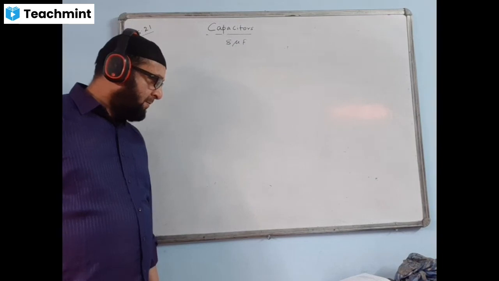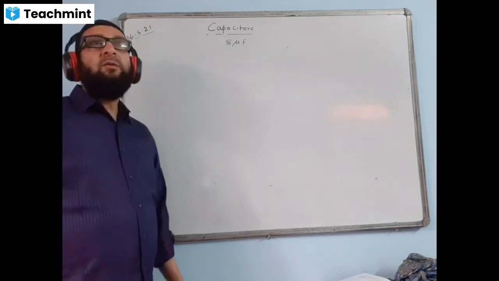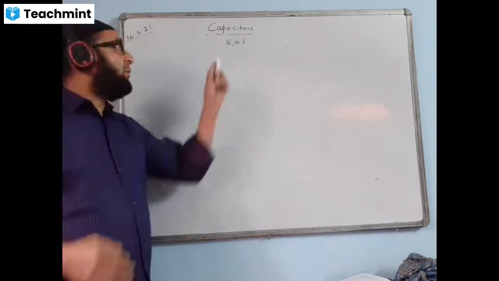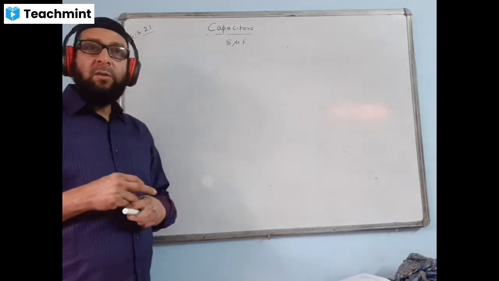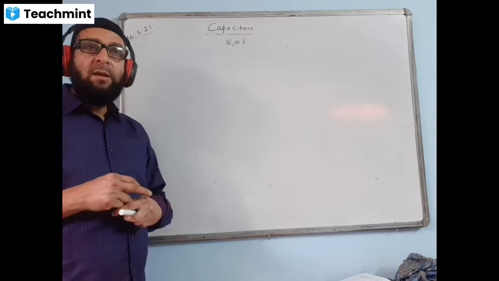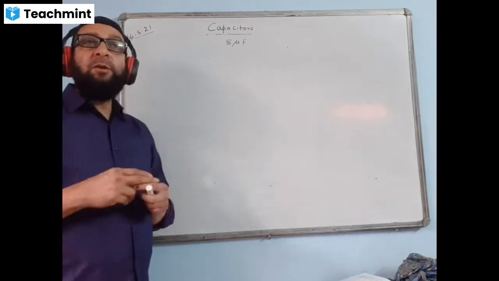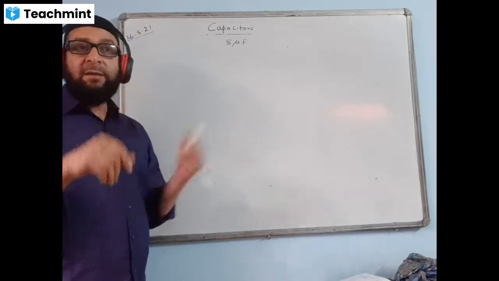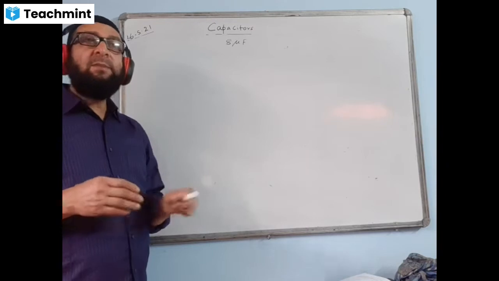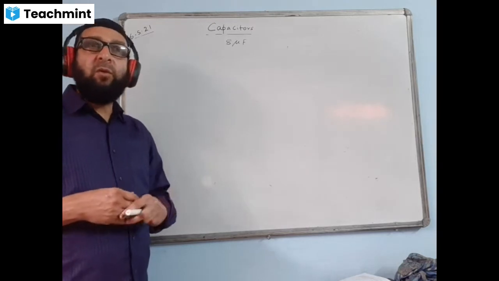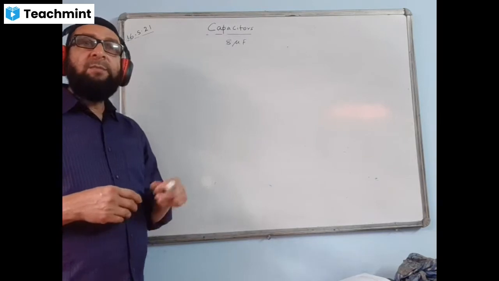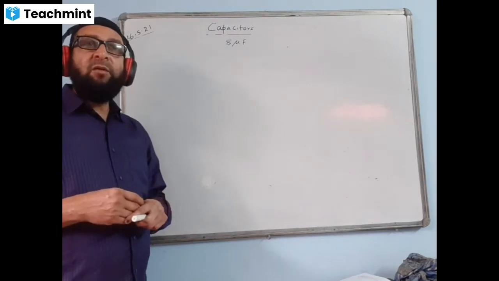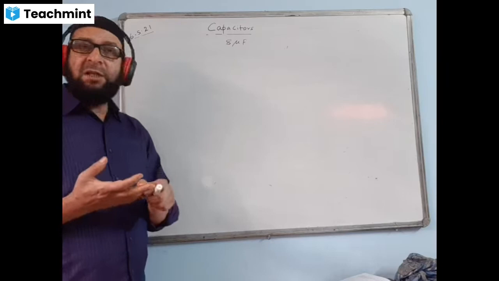We can do, let us see, 8 plus 8. If you add two of them, 8 plus 8 becomes how much? 16, no? Yes? And for the other two, 8 and 8, we put in 1 by 8 plus 1 by 8, the reciprocal formula. So 1 by 8 plus 1 by 8 will give the answer how much? 4, no? So your 8 plus 8, 16, plus 4 becomes 20. That means you need 4.